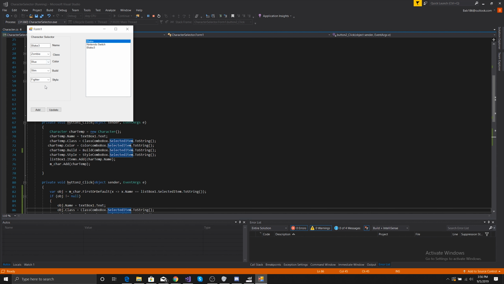So if we switch it, Blake 3, and then we have blue slim fighter. So let's switch it to fat, a mage, and he's green, yellow. Well, I say he's yellow. So let's update that. It didn't update. Why not? That's because we should do Blake 4, because there's already a Blake 3 in there,